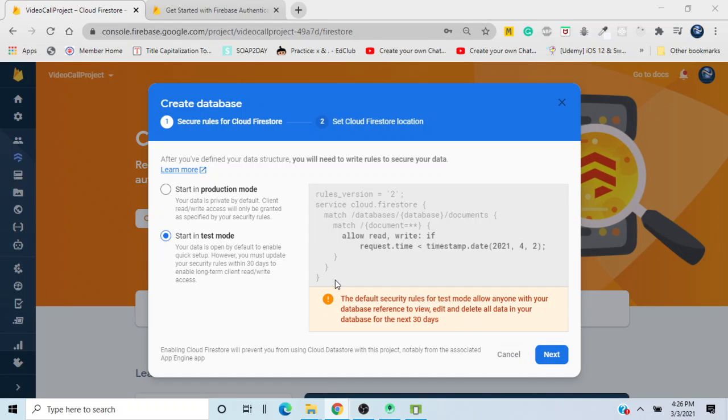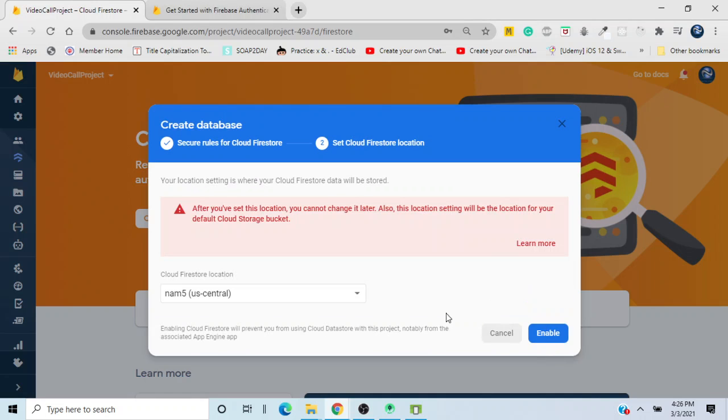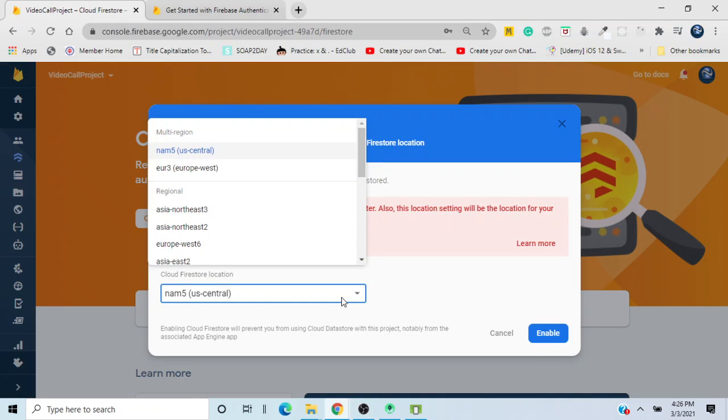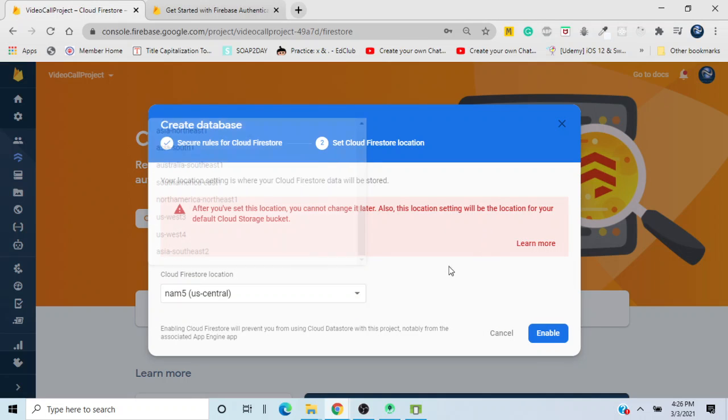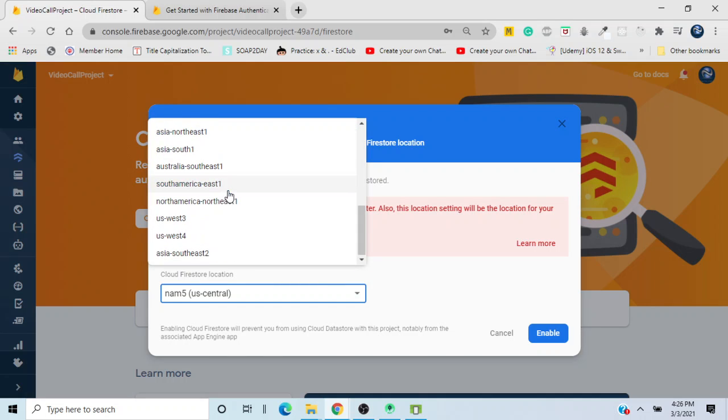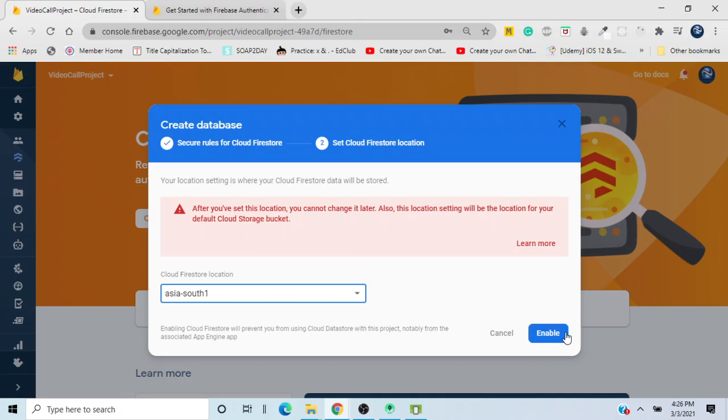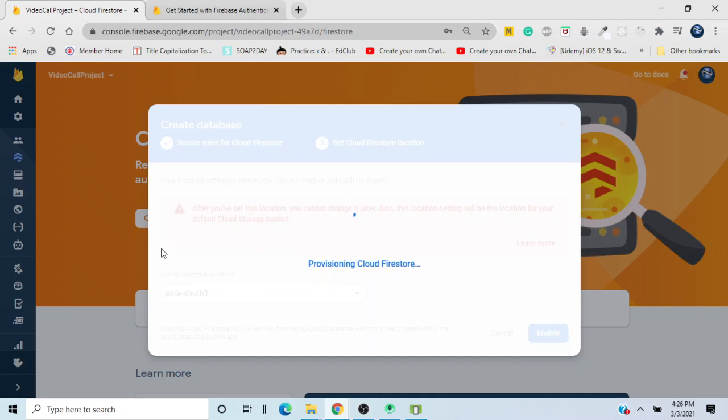So press start in test mode and press next, and we can put the location of the cloud storage. I'll just use Asia South one, because I stay in India and it's in South Asia. So yeah,